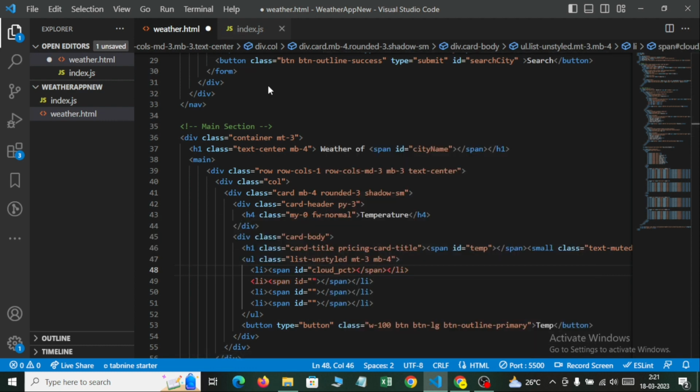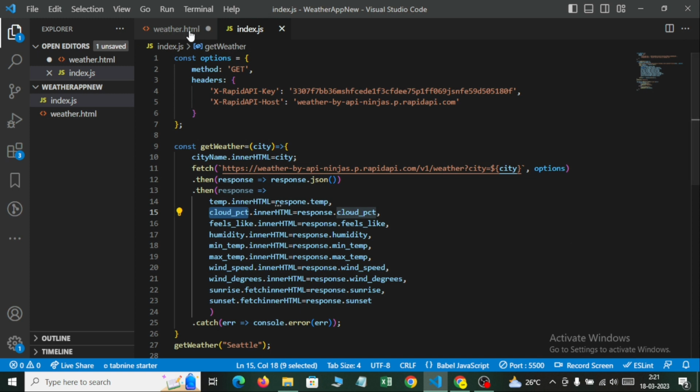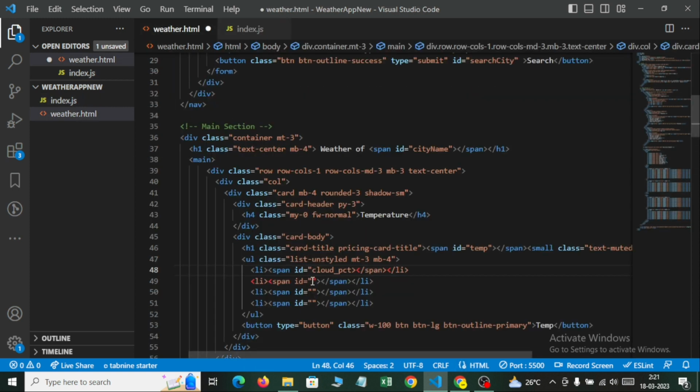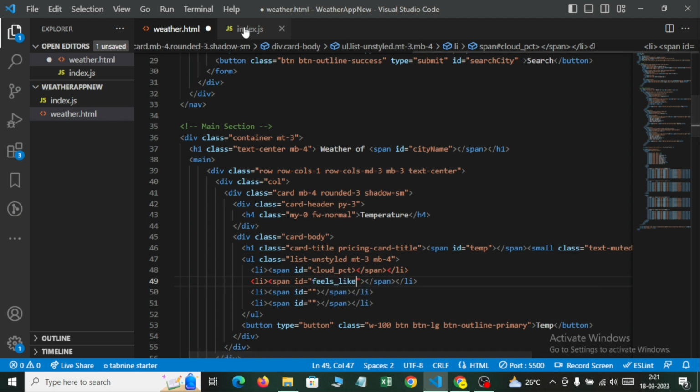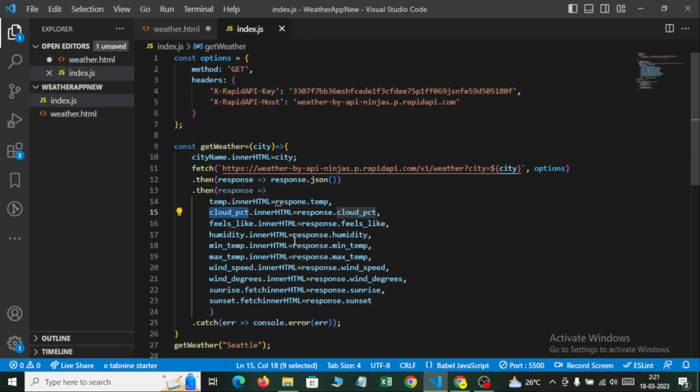After that we have feels like. Then we have things like temperature, wind degrees,